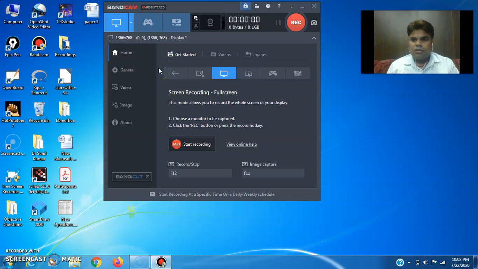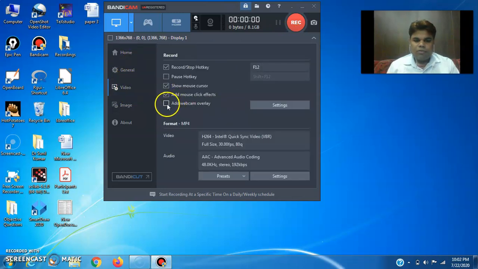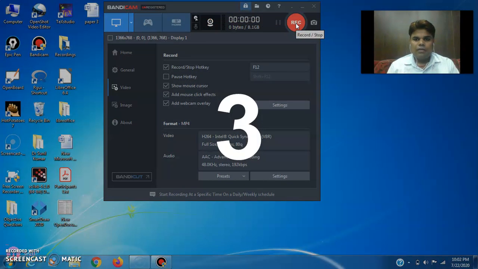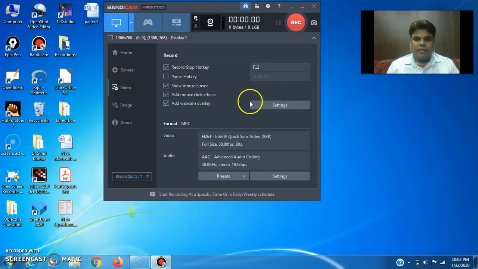So let us record a particular video. For recording, I will also try if the webcam is working, and if my picture is shown here or not, because the webcam is recording the other video through which I am demonstrating. So I try to record some video. I click here. We can set a timer for it. You can see the webcam is here. Now I minimize it.